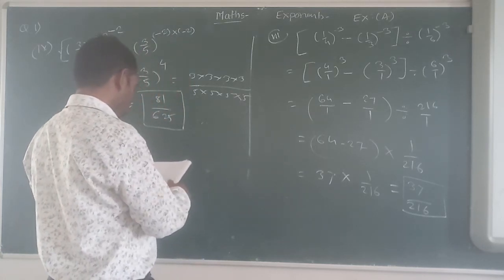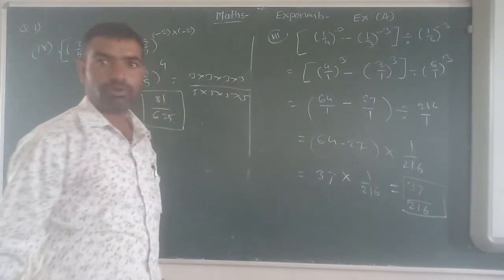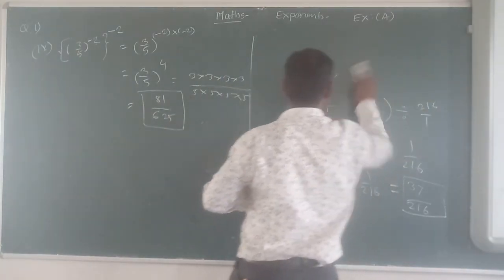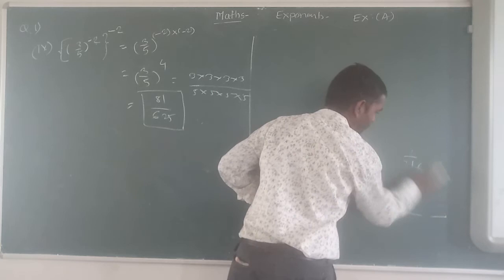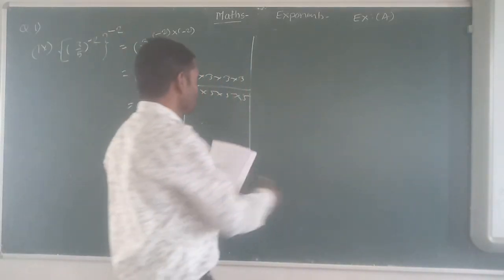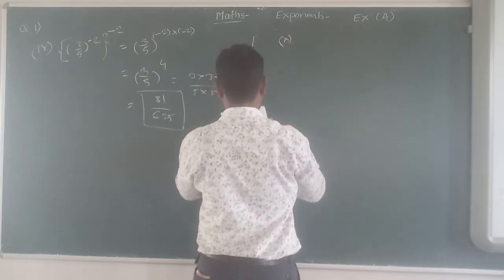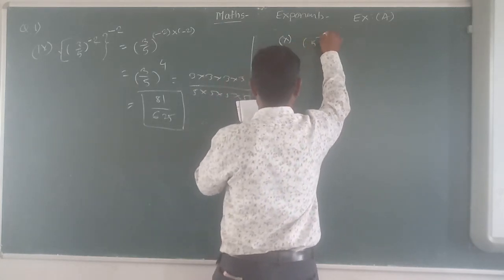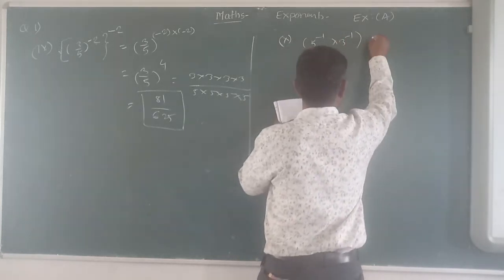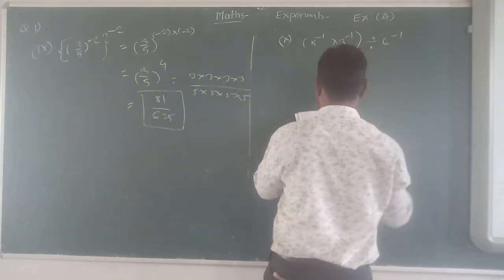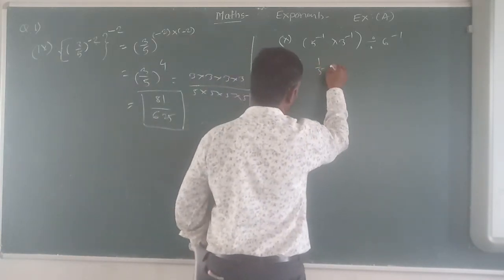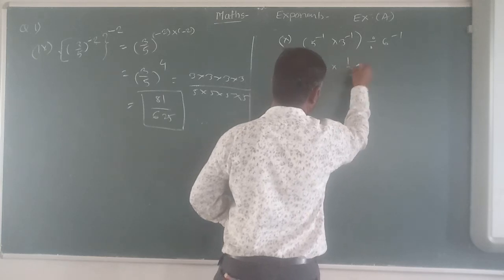Okay, question 11. But there is no 11 question, so I will take another one. The 10th one, that is the different one, so we will take the question number 10. Okay, see the question number 10. What is given in question number 10? Complete. Divide by 6 into minus 1. Where is the minus sign? You change their sign. That means 1 upon 5 into 1 upon 3.